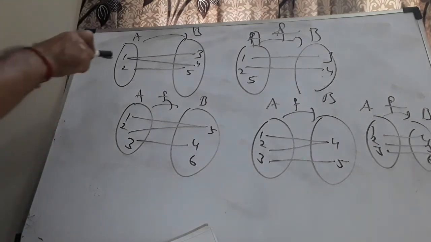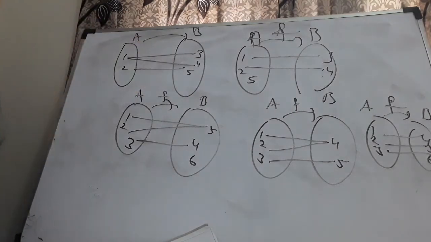Just listen carefully. One has two images. Instead of having one image, having two images will not form a function. We'll take it as an example. If somebody wants to go to Madurai, let us say, and wants to book a ticket, he can't travel in two different trains at the same time. That is quite reasonable. A person cannot travel in two different trains at the same time.